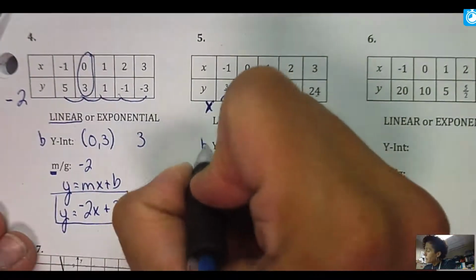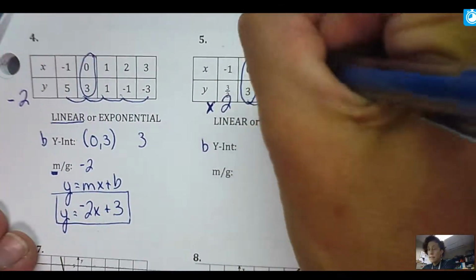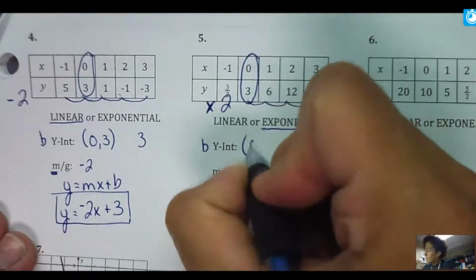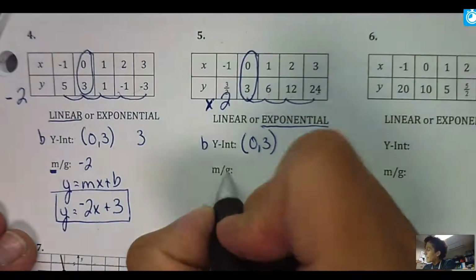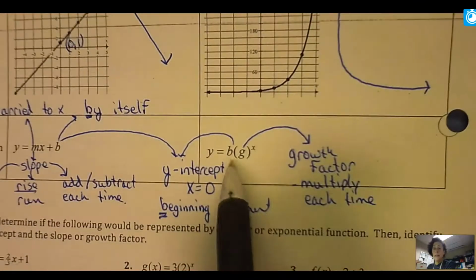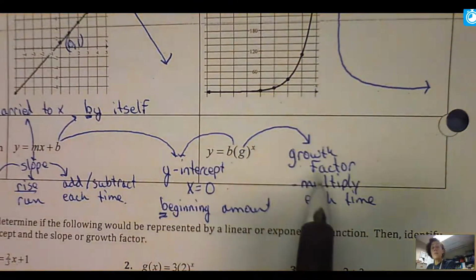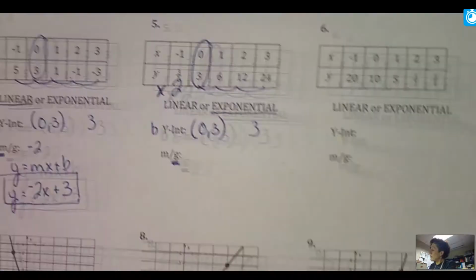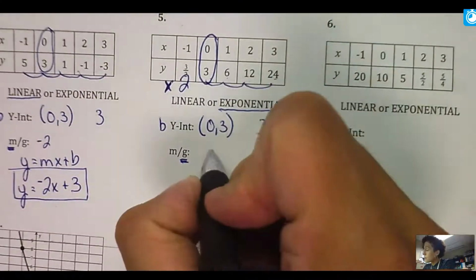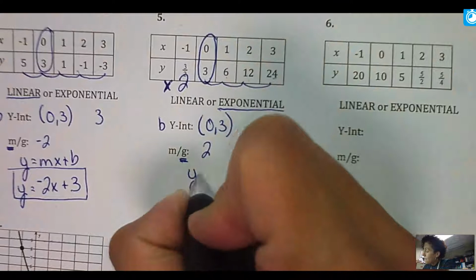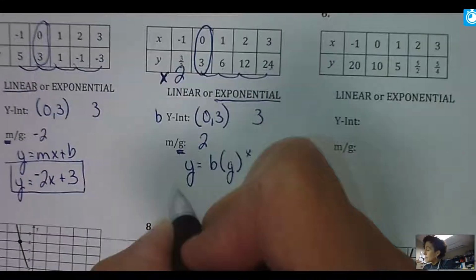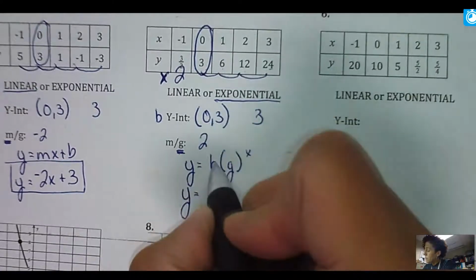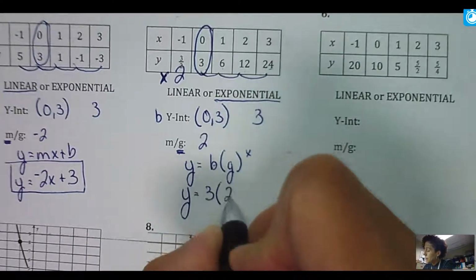Again, I want my y-intercept, the b. So when x is 0, I see that my y-intercept is 3. And if you wrote it just by itself, it's 3. And then I want to look for g. And g, if we go back to page 2, is known as the growth factor, that's what you multiply by each time. So this 2 that I have here is going to be my g. And now to have that fit this format, it's going to be y = b, so b is 3, and then in parentheses I'll put 2